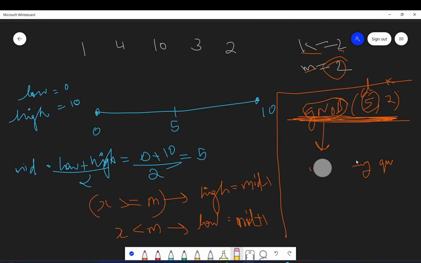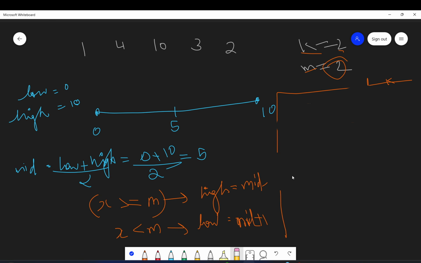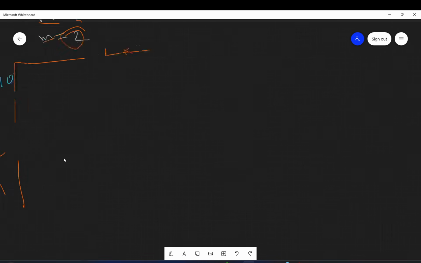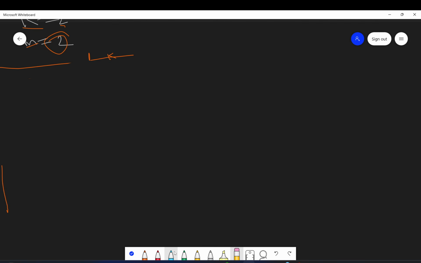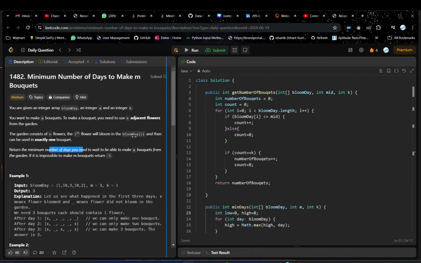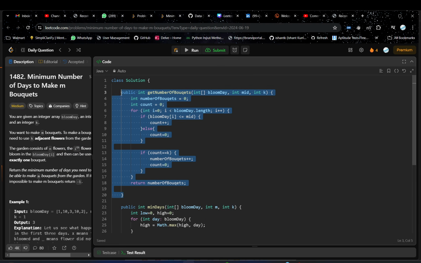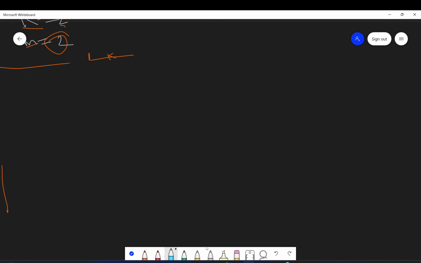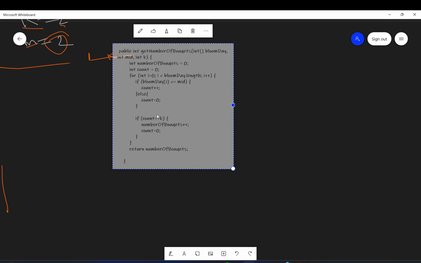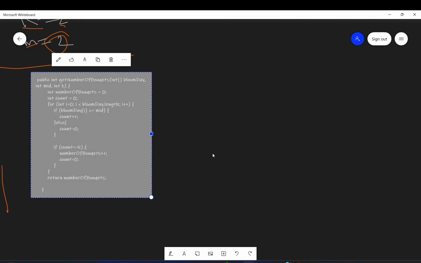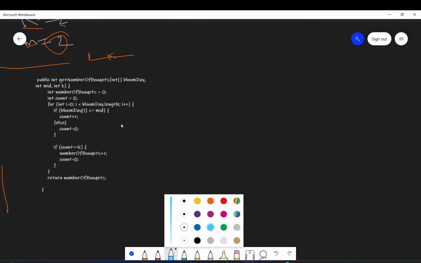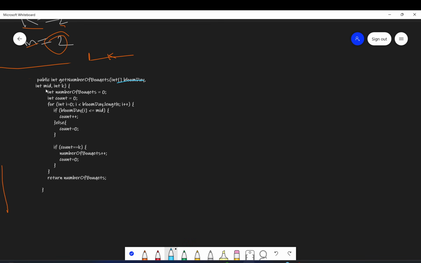Or we can see it right now also. Let me tell you how this function is working. Let's go here and understand that. We have this function. Let me quickly copy the code also, so it will be better to make you understand. Now here, let's say you get the bloom day array and you get mid as 5.